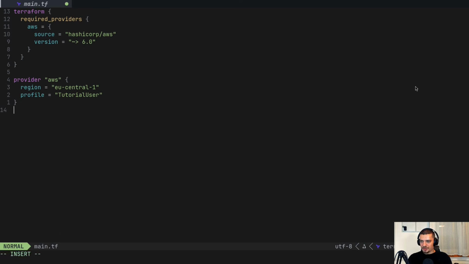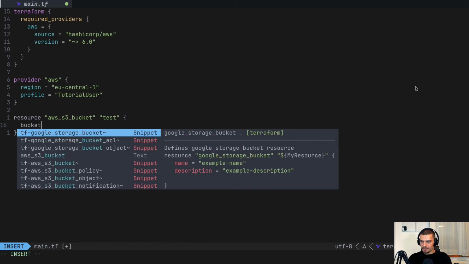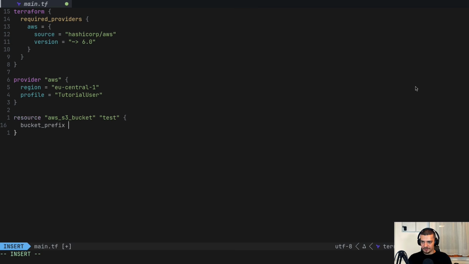Now let's define a resource, which is going to be our S3 bucket. For this, I'm going to say resource, and I'm going to call this aws_s3_bucket. So that is the identifier. This is the type of resource I'm creating. And the name can be whatever. I can call this test, for example. And that is my resource. I can also provide a prefix for the bucket. So bucket_prefix will basically add a certain string before the name that it generates for this bucket. So I can say test-bucket, for example, dash, and I can say force_destroy equals true.